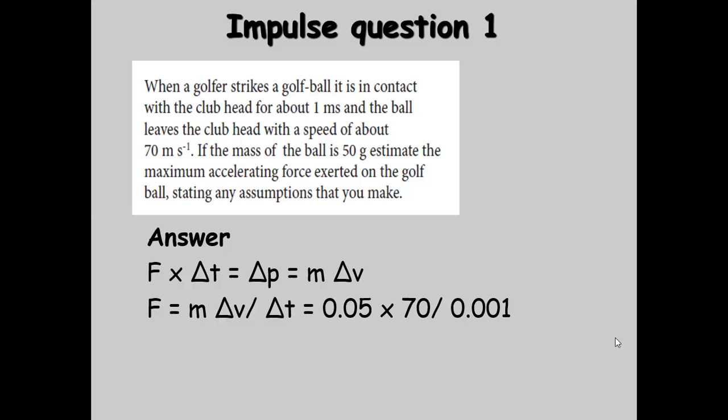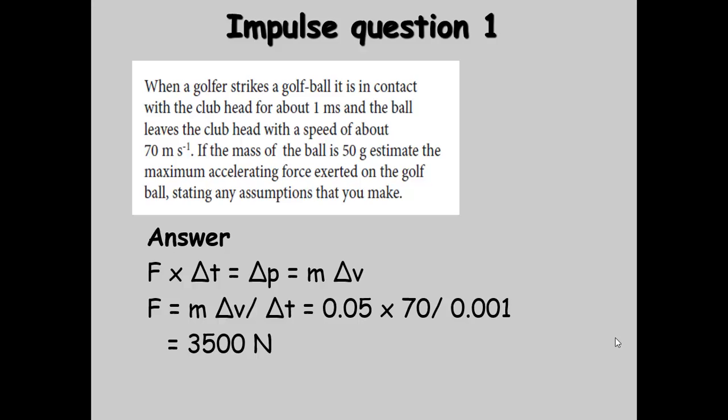Number one, the change in velocity is going to be equal to 70 meters per second, because the ball was initially stationary, so 70 minus 0 equals 70 still. The mass is given to us by the ball, so that's 0.05 kilograms, and the time taken, we have the contact time provided, which is 0.001. That means that my answer equals